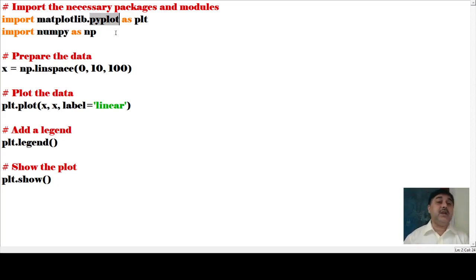That means under matplotlib, pyplot has been called as plt. Then there is numpy, imported as np.